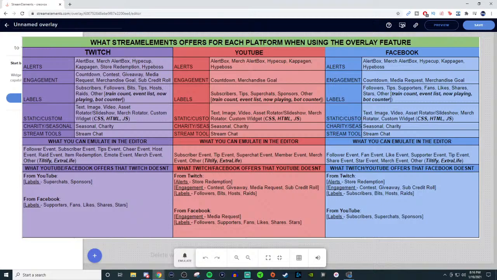As you can see, Twitch has a lot of features that can be used, from alert box, merch alert box, and stuff like that. But it also has store redemption, and the other ones don't really have that. But then if you look at the engagement that you can use, and I'll get into that in a moment as well,